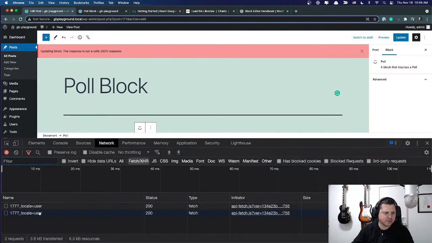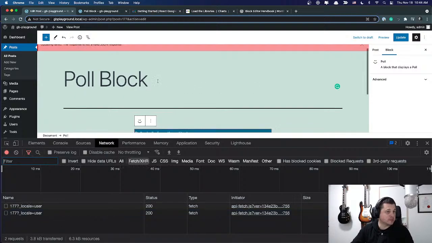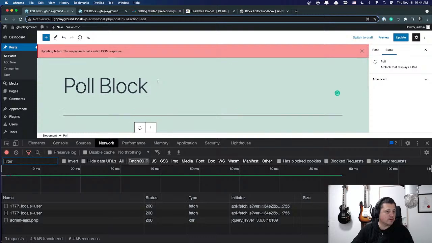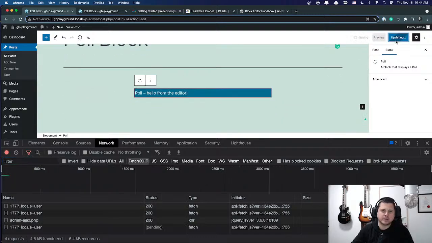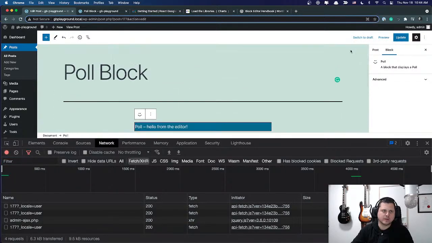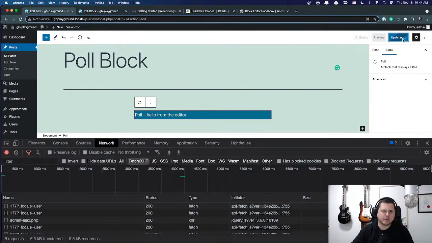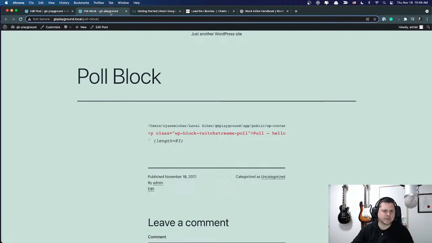So in my network, I should see an invalid response, but I'm not seeing an invalid response. Updating. Okay, and it's working